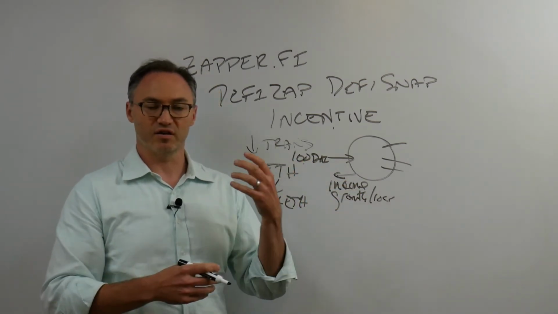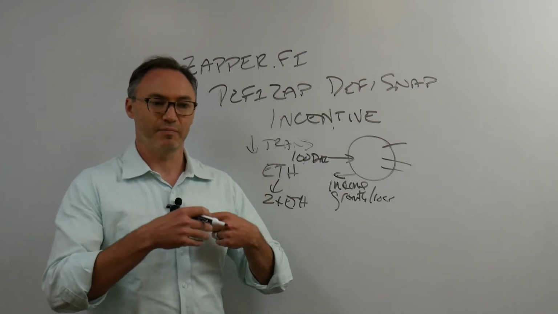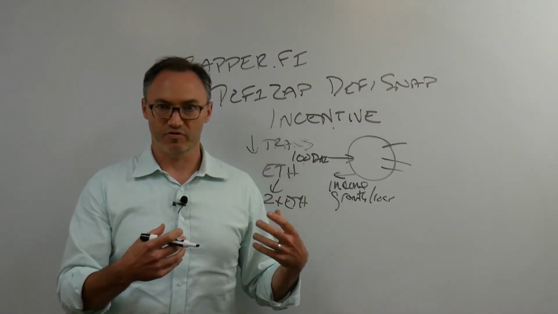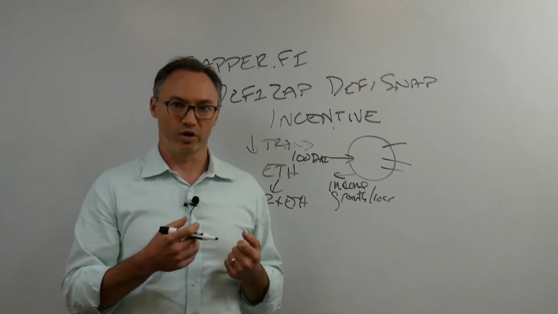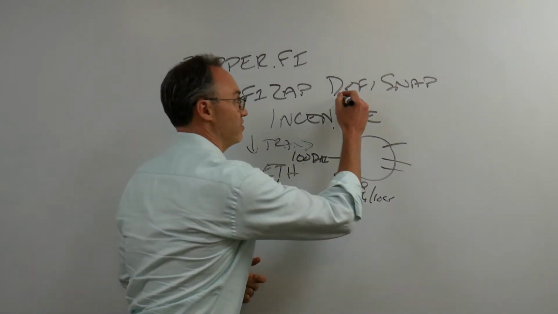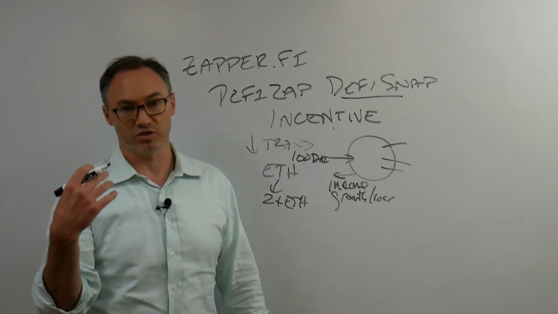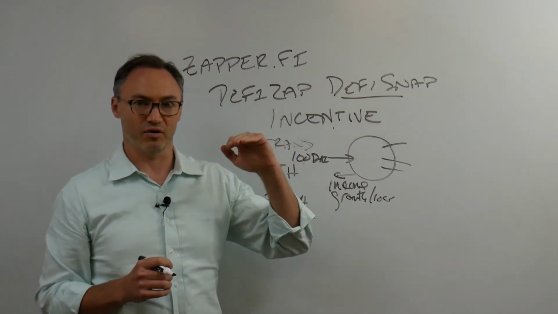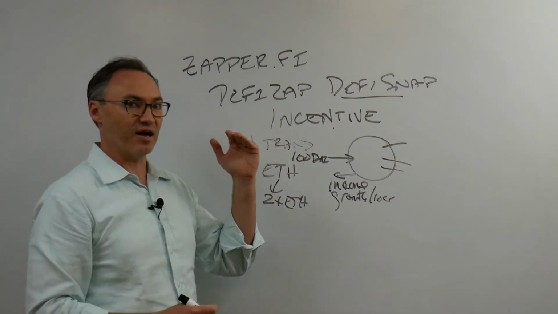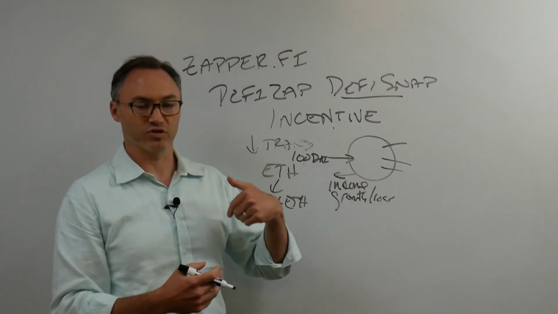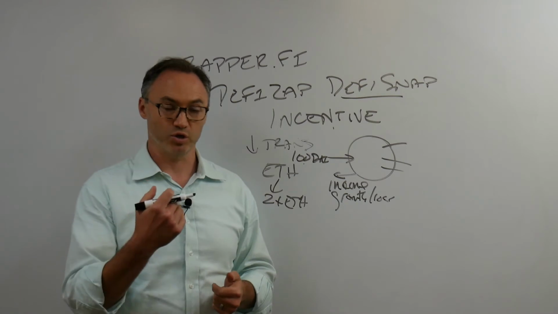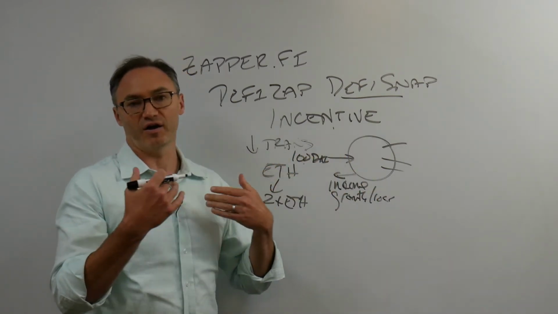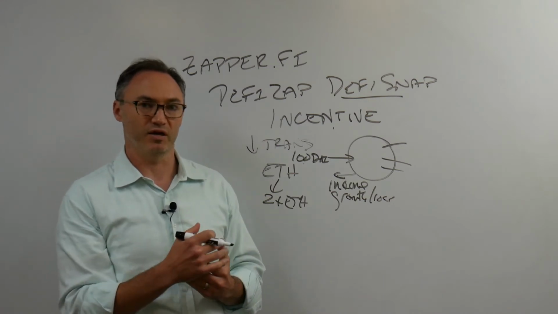Okay, so what they've done is they've used the composability to get me the same exposure with maybe some income based on my risk profile, and they can do it all in one transaction. And then within what used to be the DeFi Snap part, which is the dashboard, I can track how well that investment's doing. I can see all these investments I have, and I can roll back out. So I can reverse the transactions. Again, in one transaction, I can choose to do it, and it'll roll me out of all this, and I'm back to DAI or back to ETH or whatever I might want to be in,